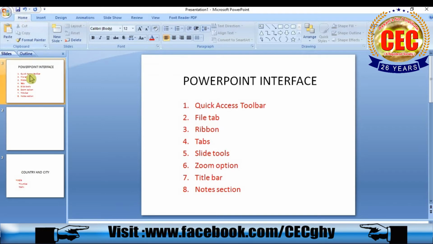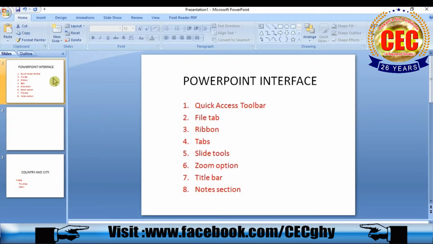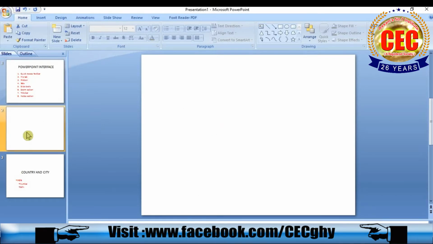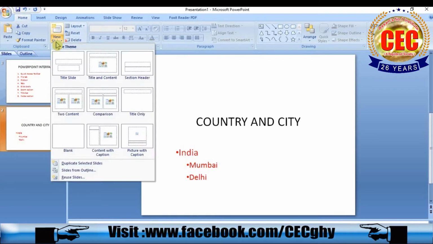Now I am going to show you how to add slides and how you can insert texts, pictures, videos, etc. In the beginning I already inserted 3 slides, so now I delete this slide. After that, I want to add a slide here, as slide number 3. For that you can click on new slide and choose a slide as you wish. The title slide, title and content, two content, comparison, blank. So different slides are available here.